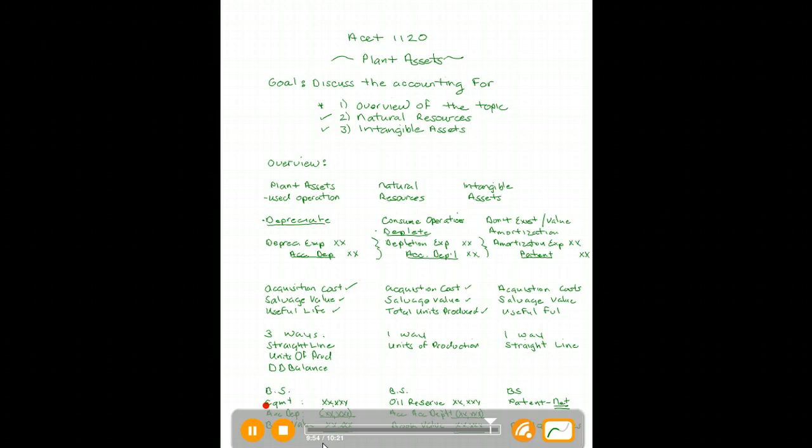So that's our overview of where we're going to go with the topic of natural resources and intangible assets. I started by comparing the three categories. Let's let this pencast be short, and we'll do a separate one for natural resources and then a third one for intangible assets. Now that you have an idea of where we're going, thanks for